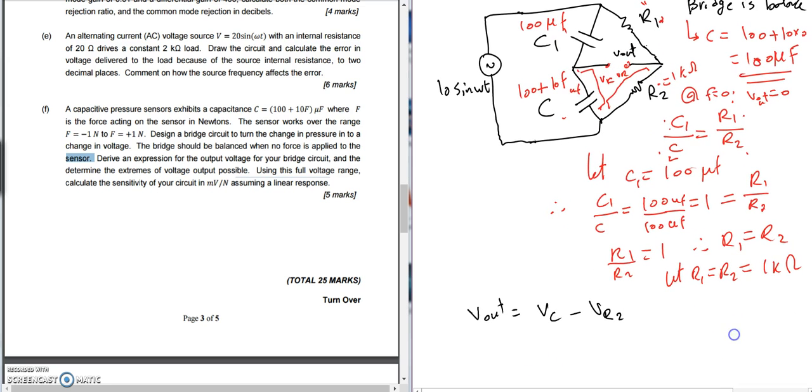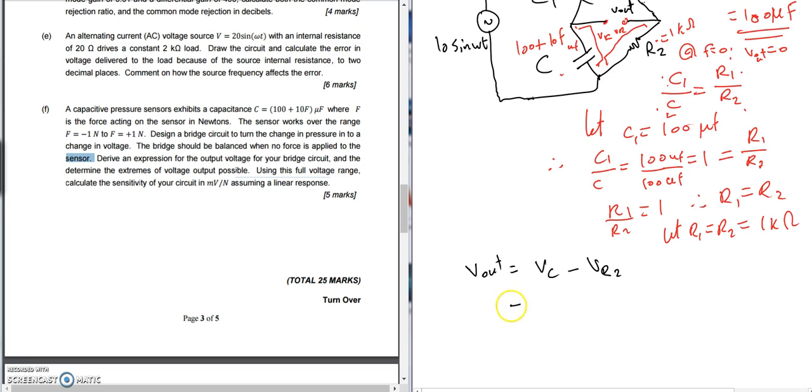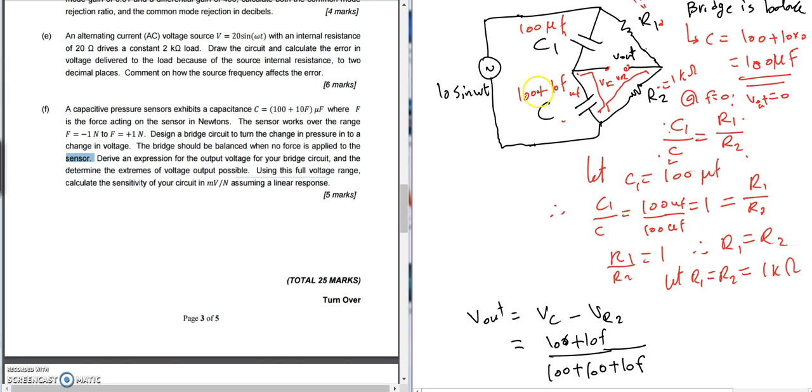Using the potential divider, we divide this over the summation of both. The same goes for here. So it's 100 plus 10F over 100 plus 100 plus 10F microfarad,